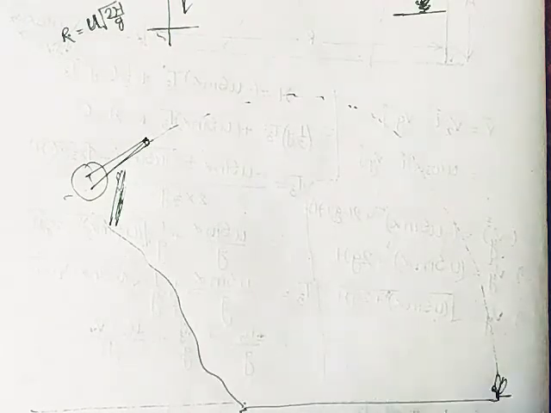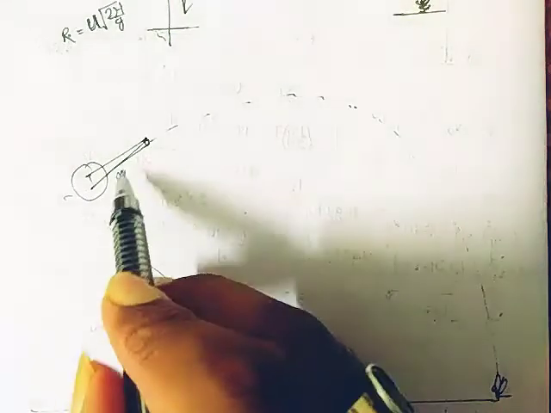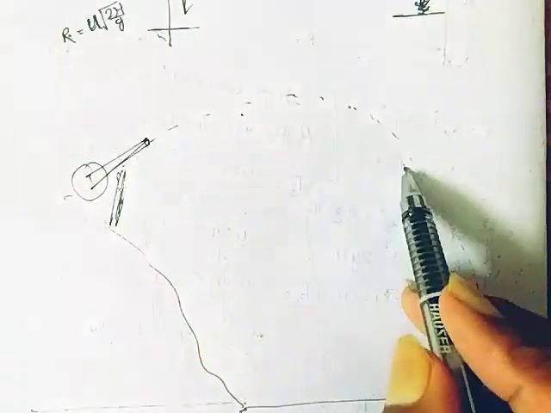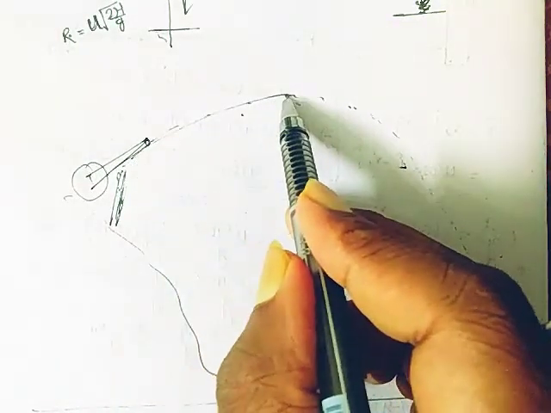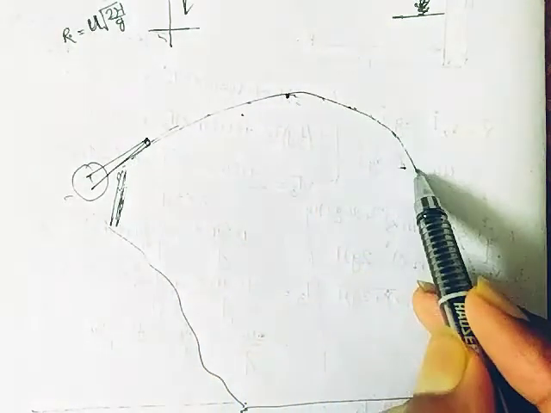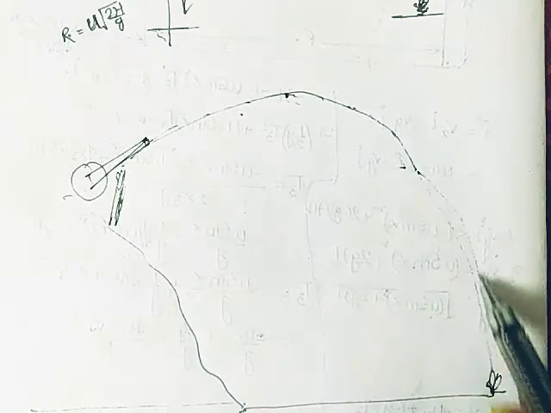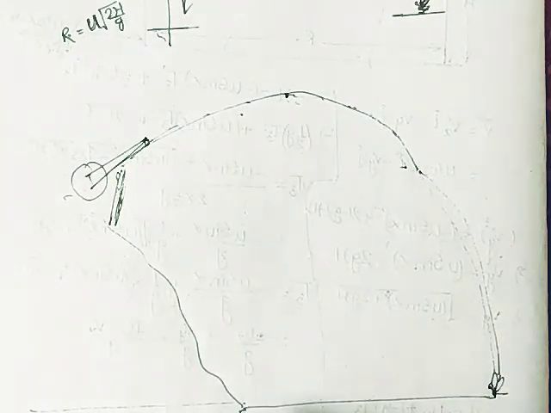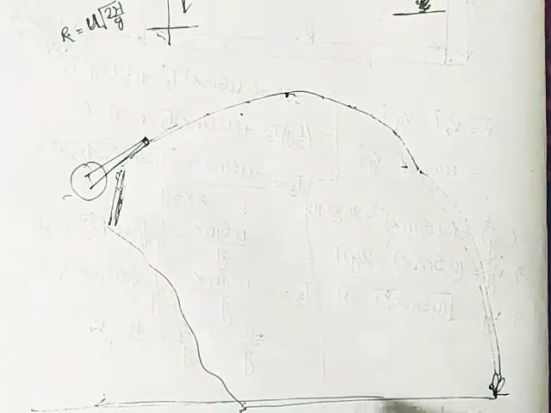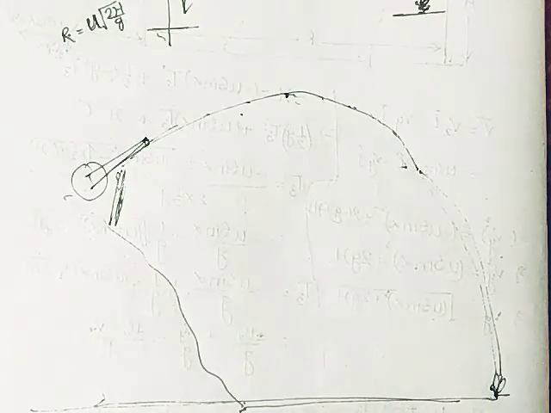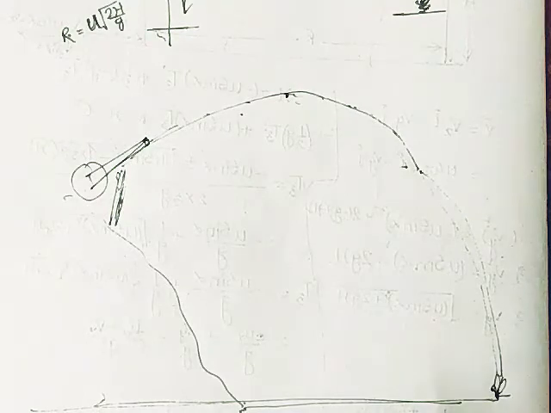So how can we calculate these things? Obviously it is u sin theta by g, from here to the maximum height u sin theta by g, and from here to here it is u sin theta by g. After that we can calculate this time and we can calculate this range. After doing all of these calculations, if the data are given, we can find out this easily.